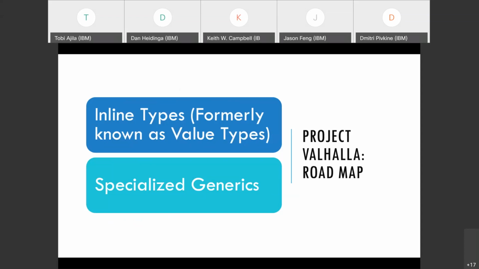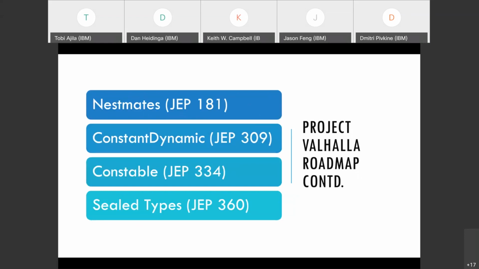The goal of specialized generics is to be able to specialize generics over primitives and inline types. And both of those types have a much better memory layout. So this will also be a topic of a future presentation. Here are some of the other related projects. Some of these are not officially under the Project Valhalla umbrella, but they were all spawned out of the discussions